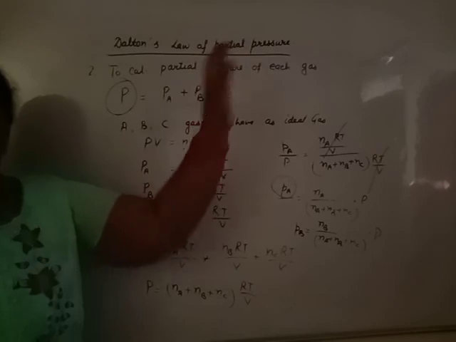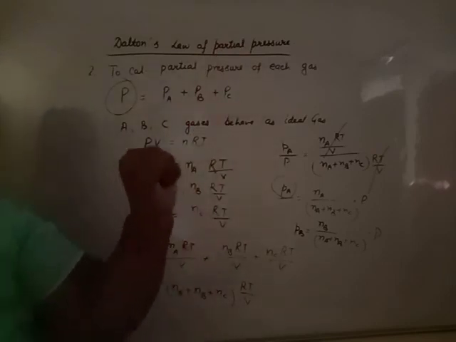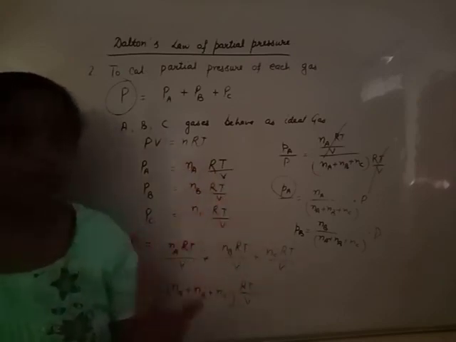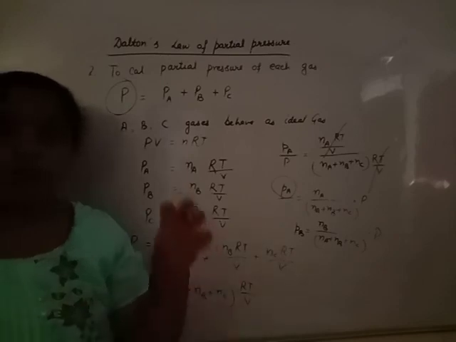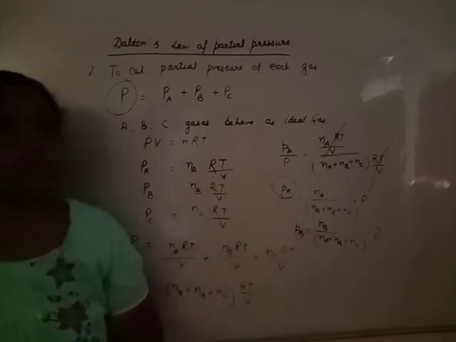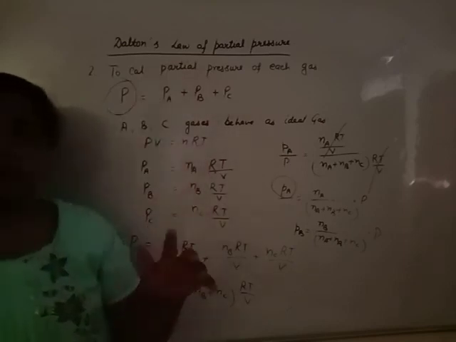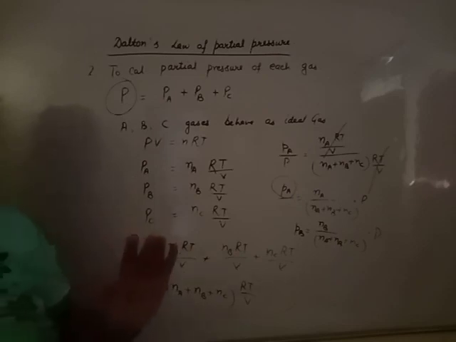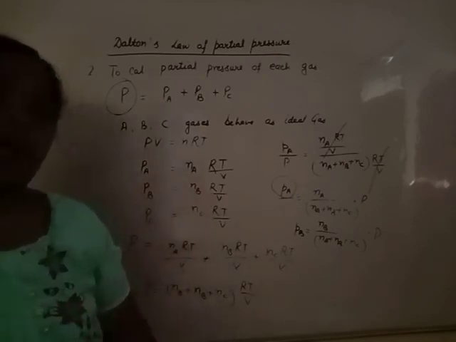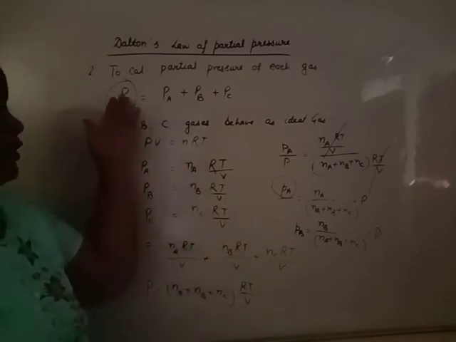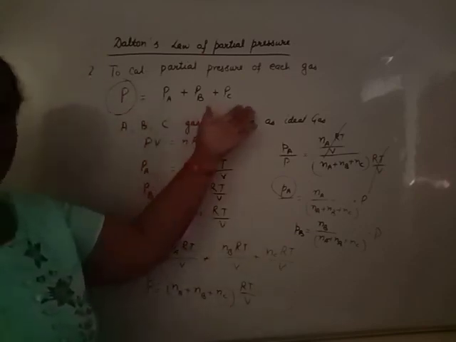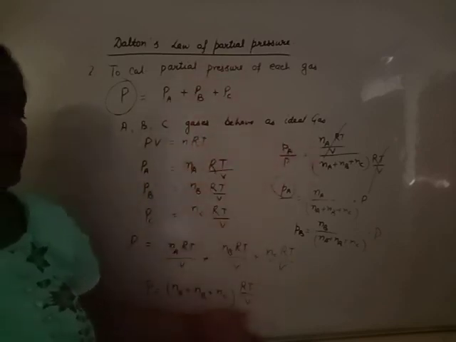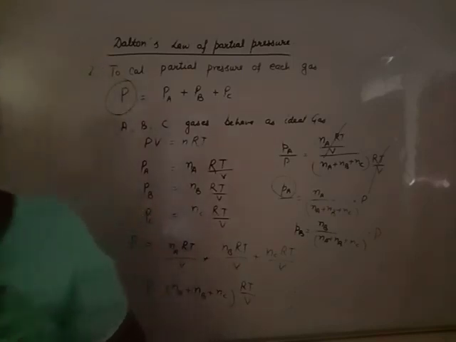Dalton's law of partial pressure means the total pressure of a gaseous mixture, where the mixture contains a number of gases, but all gases are chemically non-reactive, is equal to the sum of the partial pressures of each gas. On the basis of this, we will calculate the partial pressure of dry gas. Dry gas means the gas separate from aqueous tension. And if you know the total pressure and want to calculate the partial pressure of each gas, you will consider that gas as an ideal gas, and by using the ideal gas equation, you will solve the problem. Thank you.